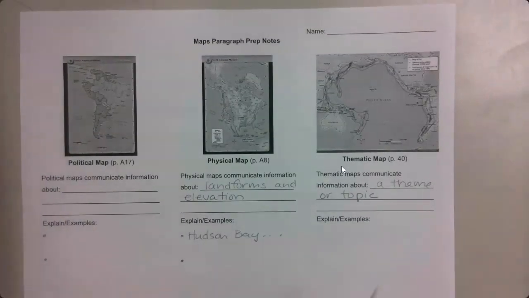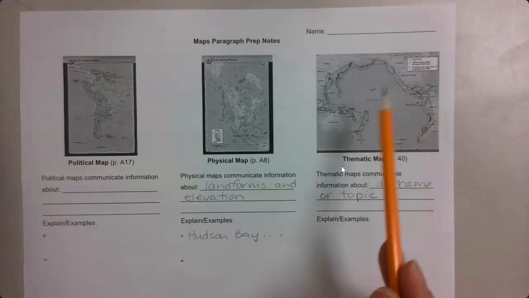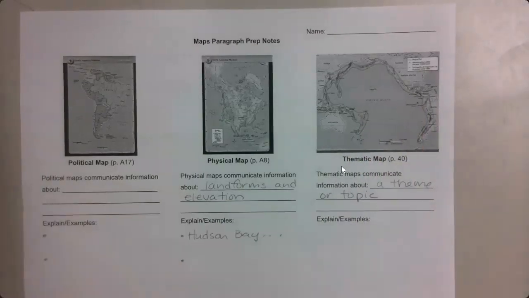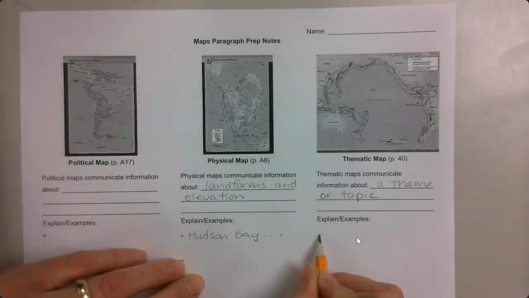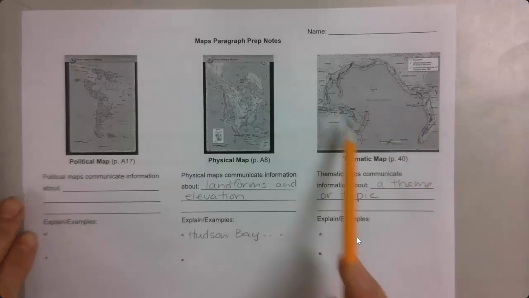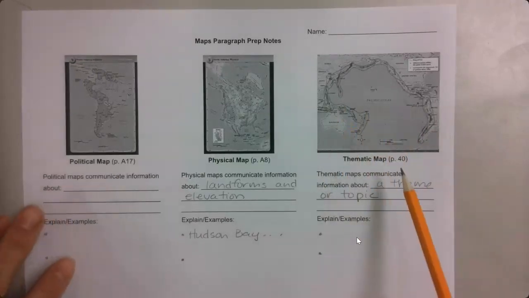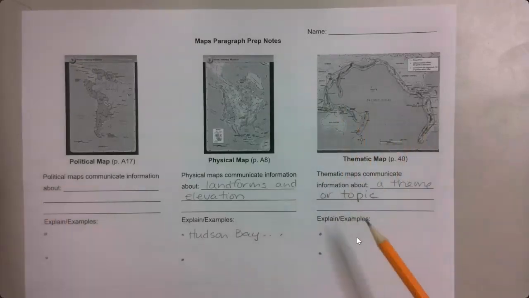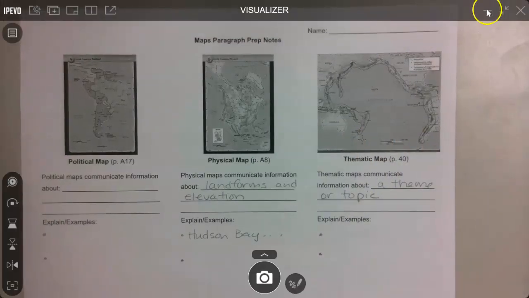For this particular paragraph, we're going to focus on this map that is from our textbook on page 40. This is the Ring of Fire map. So here, you're going to give a couple different examples of what this particular map tells us about the world. Okay, so if we go and look at the map,